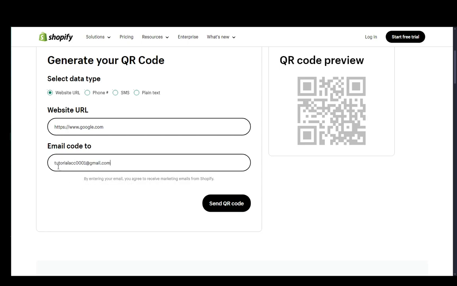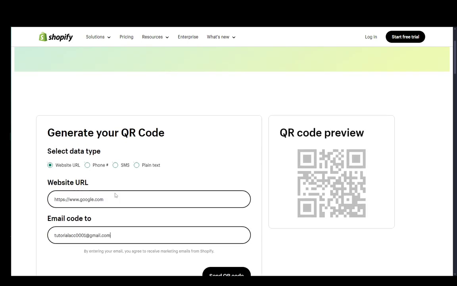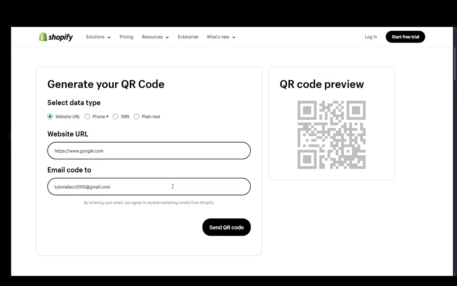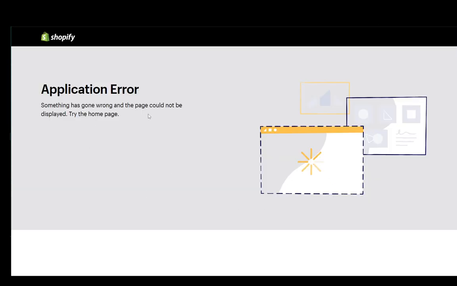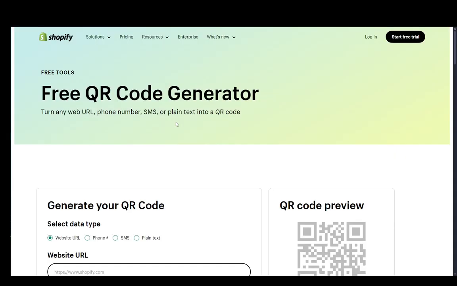but if I chose an email, which I would send it to, if I clicked send QR code, if it was working perfectly, it would send the QR code as an image to my email. However, there is an application error. I'm not sure if it's client side or if it's server side, and I can't seem to find a fix for it. However, you can use that QR code generator, or you can use any single generator that is on